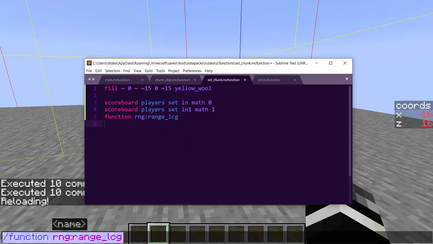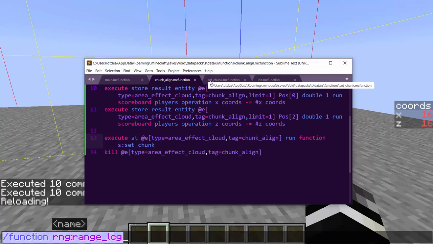But anyways, so we can do execute if score out math. So out is going to be the output. It's going to be a random number between 0 and 1. So out math matches 1. So we'll just do something if it's 1. And we're going to do position. And we're going to go 15 and 15. No, we're going to go to the middle. So 7, 7. And we're going to go to block 6. Run summon pig. So this will just summon a pig at a 50% chance in every single chunk that you check